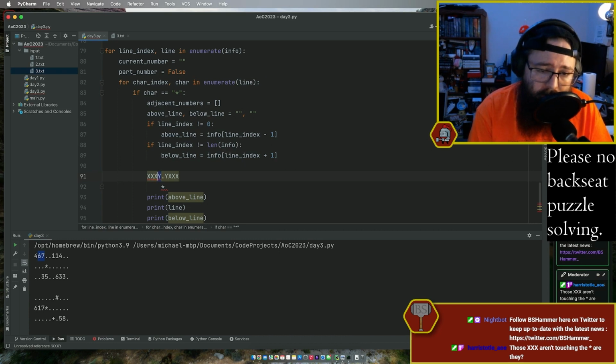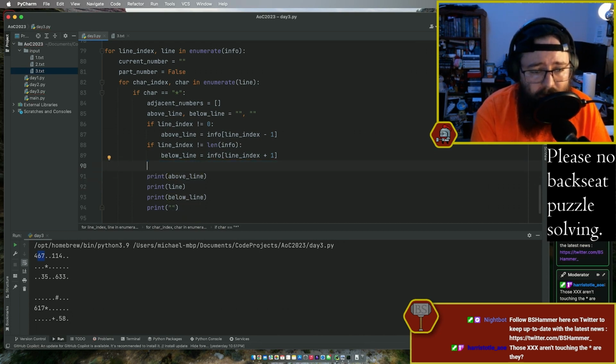So this would be a number, this would be a number, but if I have something in the middle where it connects it all together, I could look at this one and say, okay, scan left until you stop. And I could look at this one and scan right until I stop. But if it's one big continuous thing, then that's going to be a problem. So let's just look at